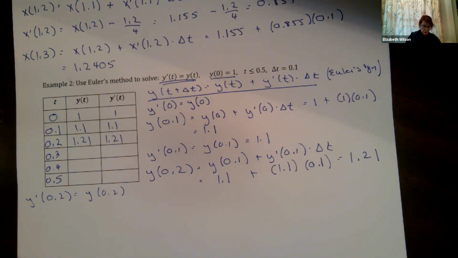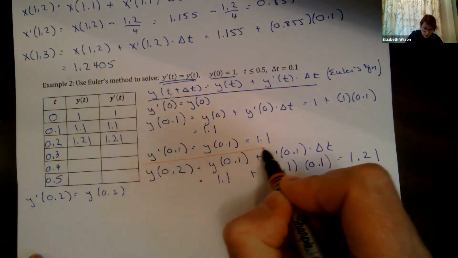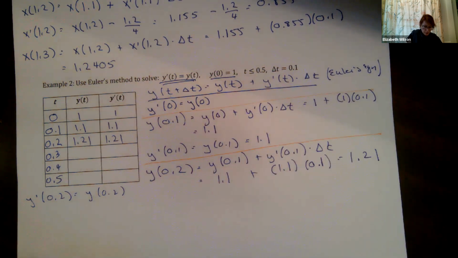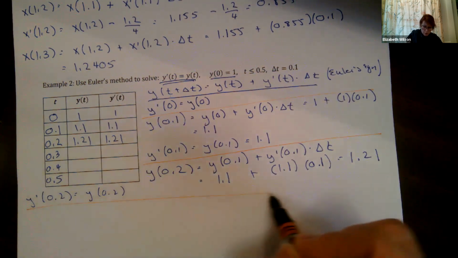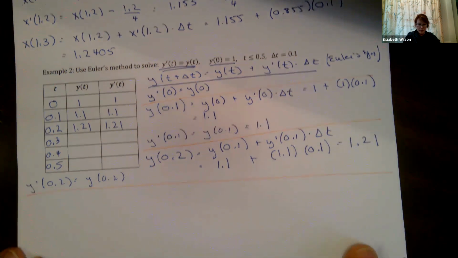Okay, let's do this. I'm going to draw a little line so we can keep track. This is our first iteration. This is our next iteration. Now we're going to do another one. With a lot of numbers and equations floating around, it helps to delineate them.